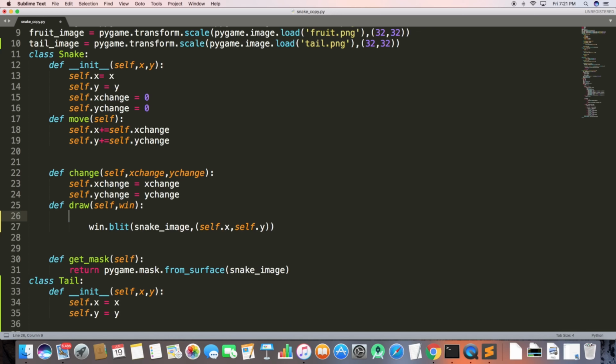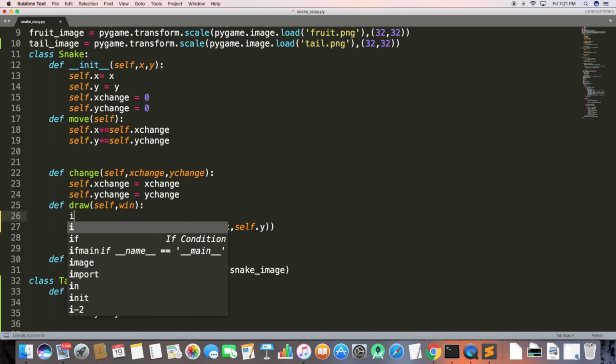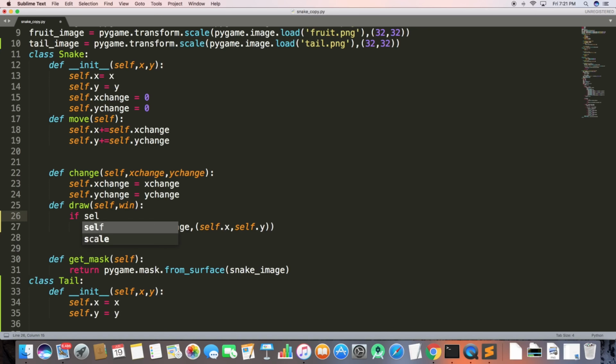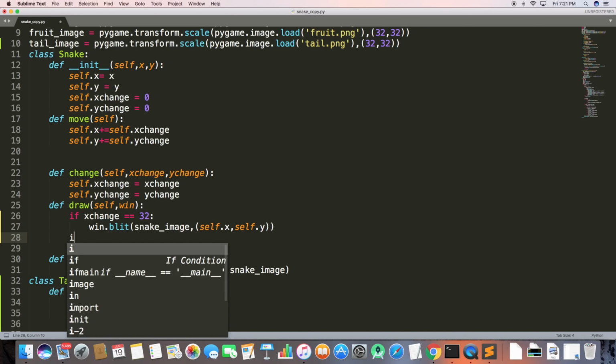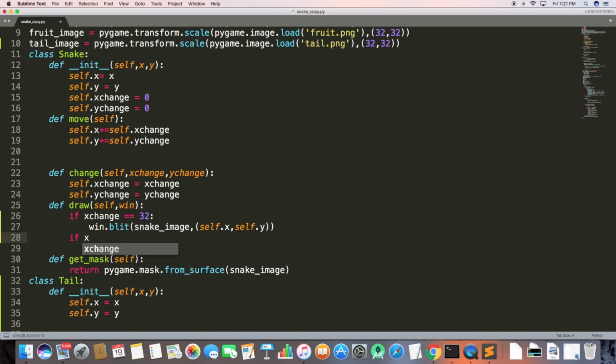That makes the game better looking in a way. So if x changes, let's say when it's 32, that means I'm moving in the right direction, so the head is fine for right.